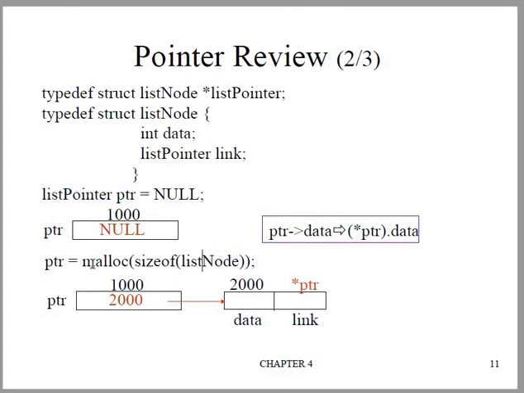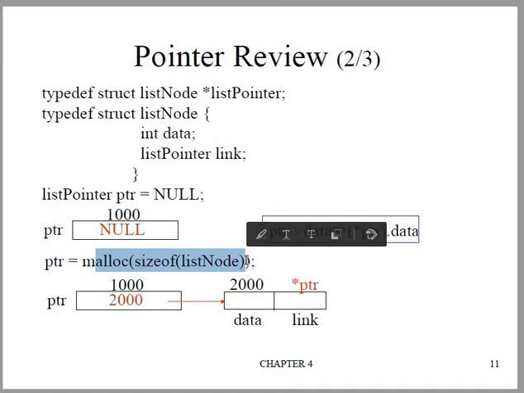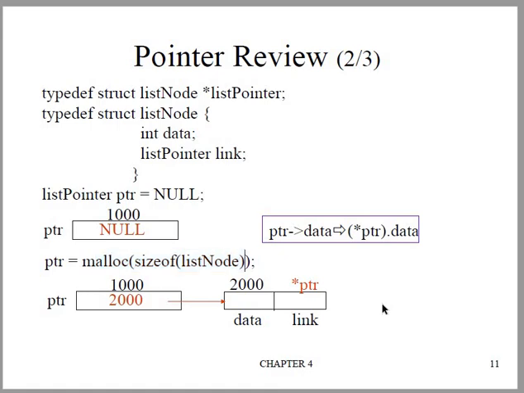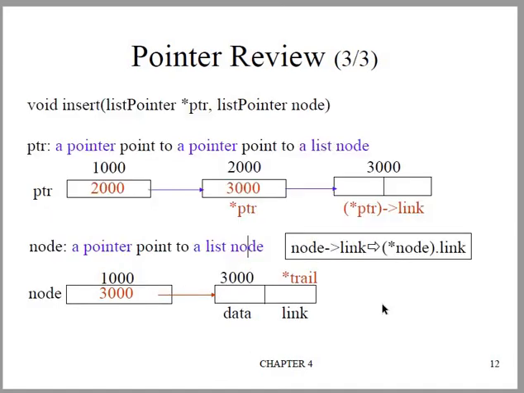And whenever you want to allocate the memory space for the node, we will give malloc sizeof node. We'll get the address after the node space is allocated. That address we will capture in the pointer. That's why in the linked list node, the second field will be the pointer field, which will hold the address of the next node.